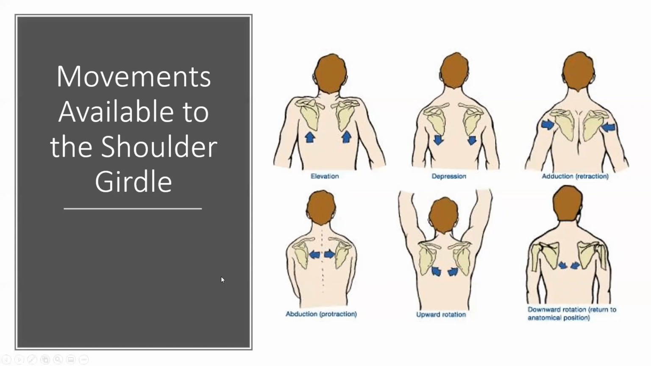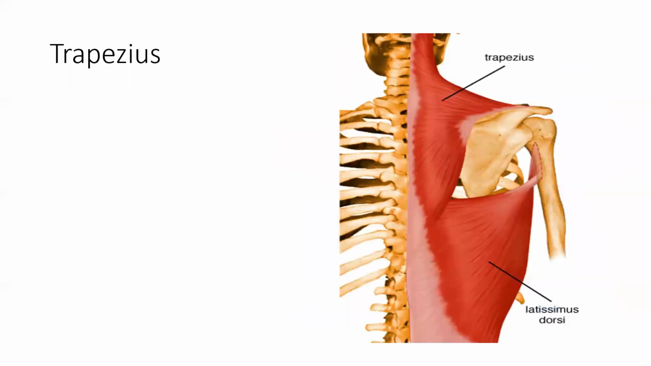The muscles that create these scapular movements are as follows. The first we'll look at is trapezius. Trapezius has really 3 pieces. There's the upper, the middle, and the lower trapezius. This is all the same muscle, but based on their line of pull and their origin and insertion sites, we'll